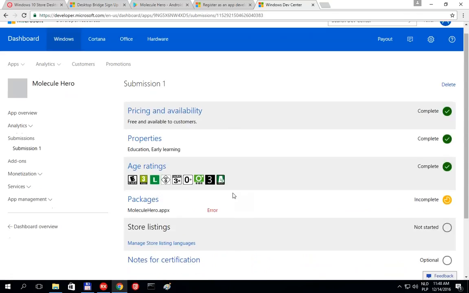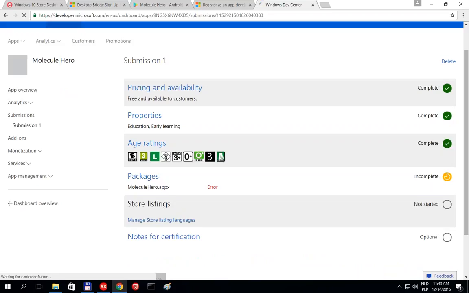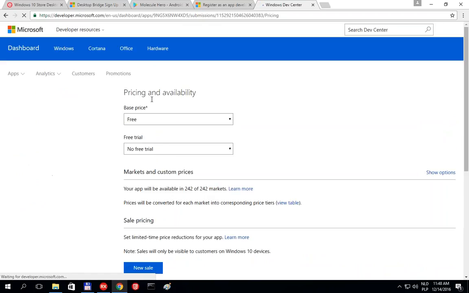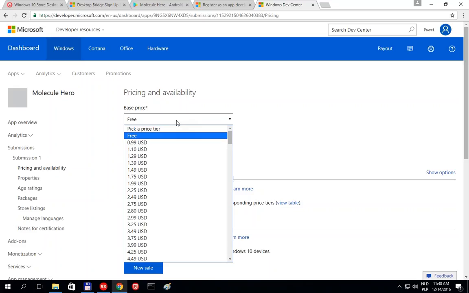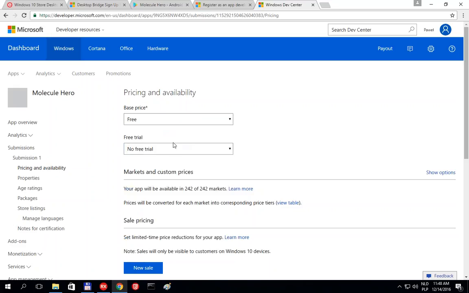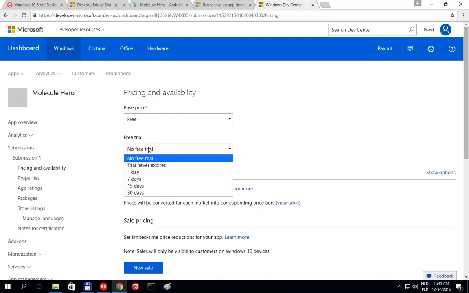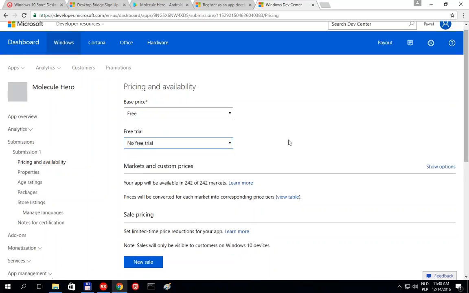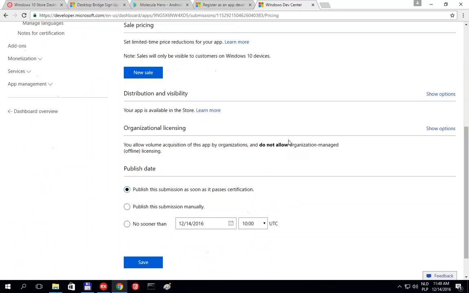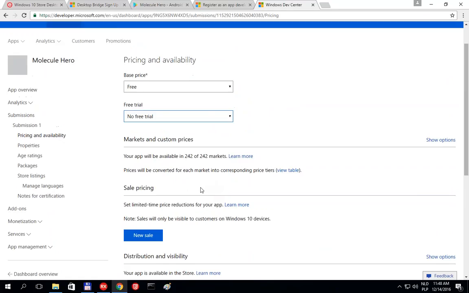So yeah, I have stopped with packages. So first you do pricing and availability. So you can specify the price. So you can be free, like in my case, or it can be more expensive. You can specify if there is a trial and how long it takes for the trial to expire. And you can also specify the publish date. So it could be either published immediately after it's certified, or you can specify the publish date on a certain